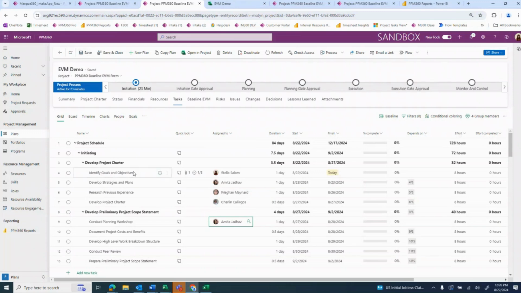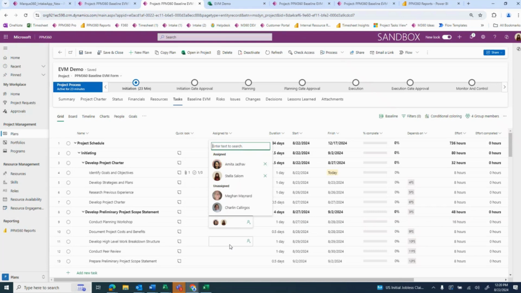Hey, Stella, yes, we have a question in the chat. Jeanette asked, can you assign multiple resources to a task? Yes, absolutely. You can assign multiple resources to a task. So if I wanted to assign multiple here, I could also assign myself to this task as well. And as we're going to see